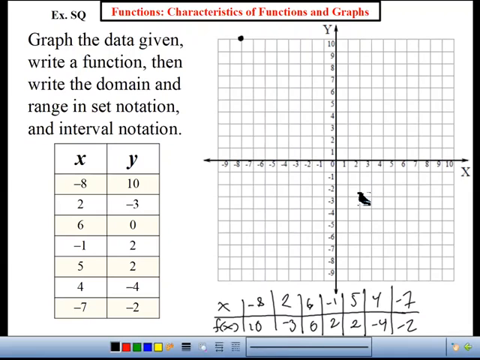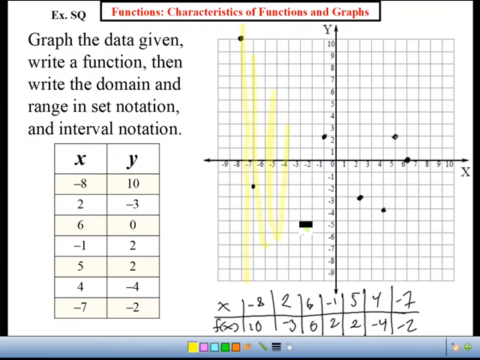2, -3, 6, 0, -1, 2, 5, 2, 4, -4, and -7, -2. Okay. So if I was to highlight from the farthest left